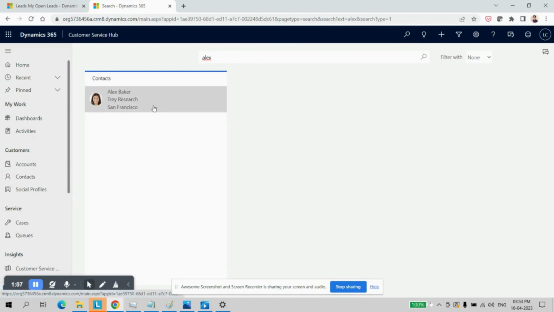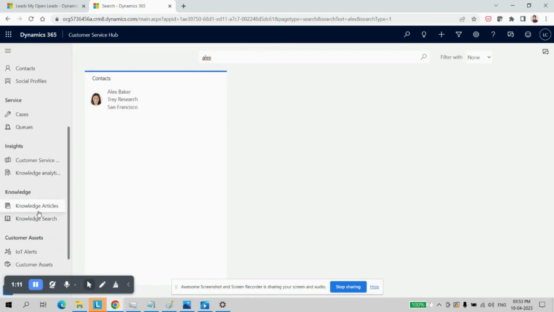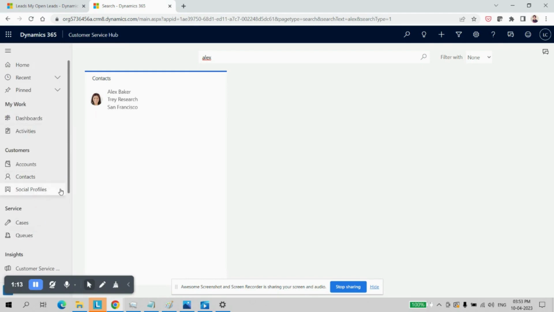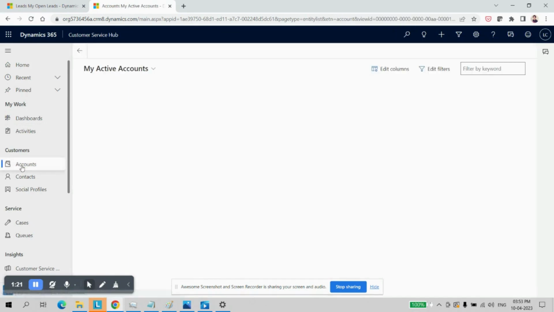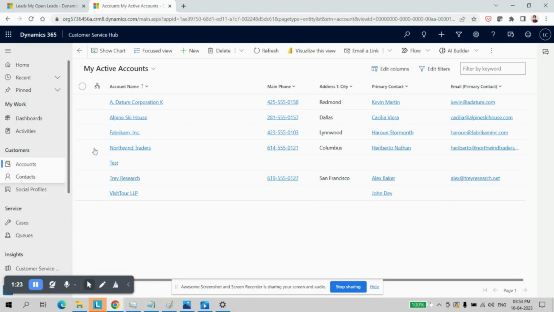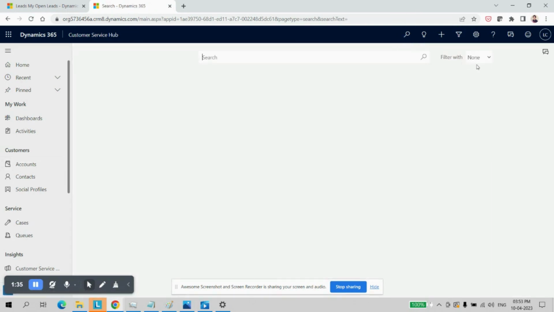You can see that record is available. So from any of the tables available on the left hand side, if you want to make a search inside them, then we can use this global search. Similar to global search, we have another search option available. If you go to any entity, then here also you can search within that particular entity only. It's not the global one, it's only applied for this particular entity. So this is another option for searching.